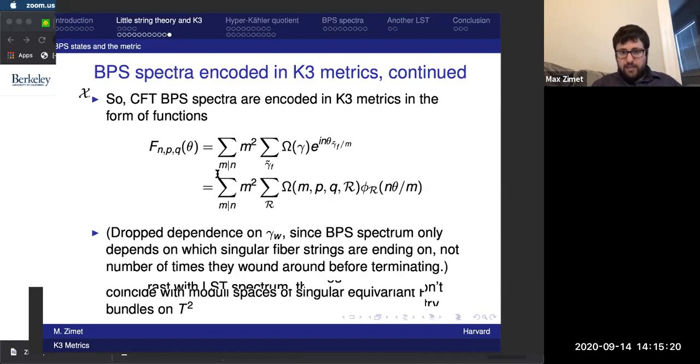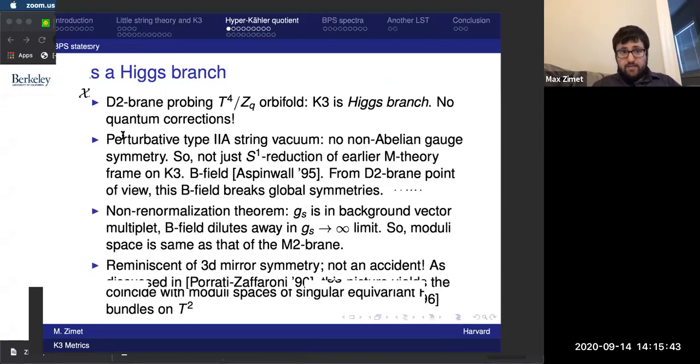One thing that's nice about these CFT spectra is they don't wall cross, compared to the little string theory spectrum that does wall cross. So I just need to give you a single list of integers for each representation of E6, E7, E8, or D4, depending on which singular fiber we're talking about. Okay, so that's everything I have to say for now about the Coulomb branch construction. So before I move on, are there any questions about that?